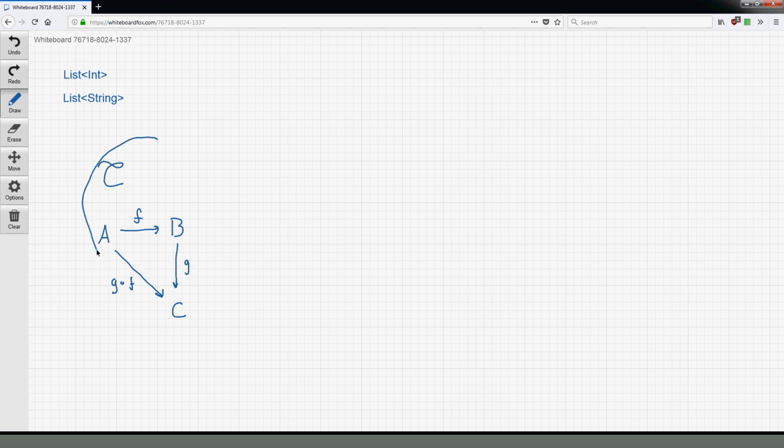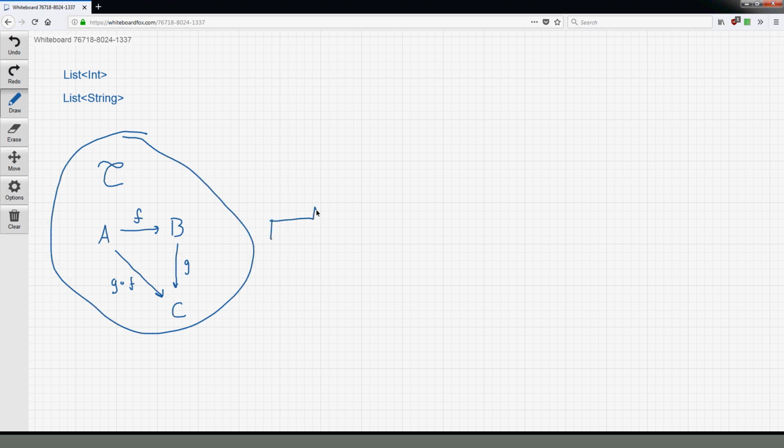Draw a big circle around it. Oh, jeez. It's hard to draw a circle with this tablet. That's messy, but it'll do. Okay, and here's our functor. Sorry. There's F, and that's going to D,